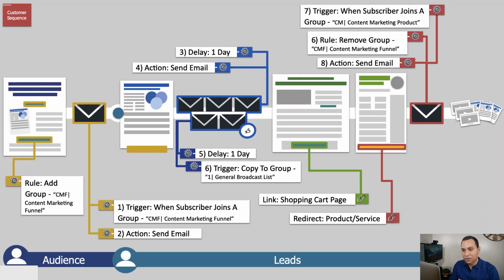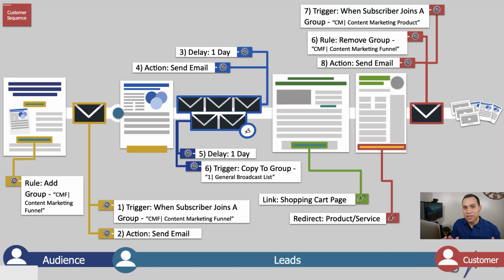So going back to our diagram, you can see that we've covered everything that we need to do from an email automation standpoint inside of MailerLite. So now what I want to do as a final top off is make sure you understand how to set this up with your shopping cart. So whatever shopping cart software you're using, hopefully it works with MailerLite. I'm going to use Thrivecart as an example.